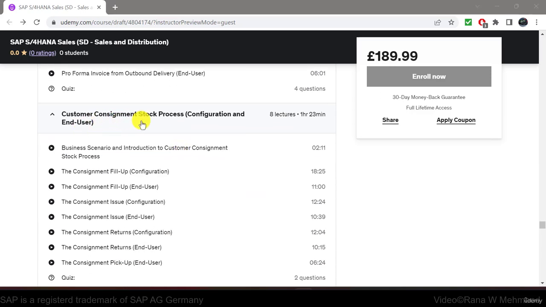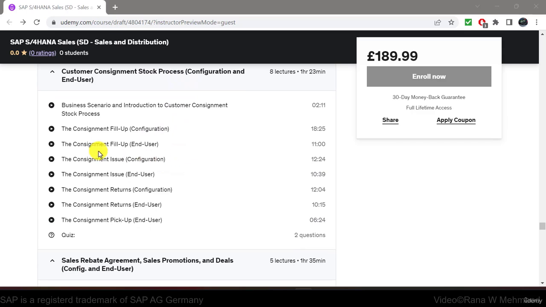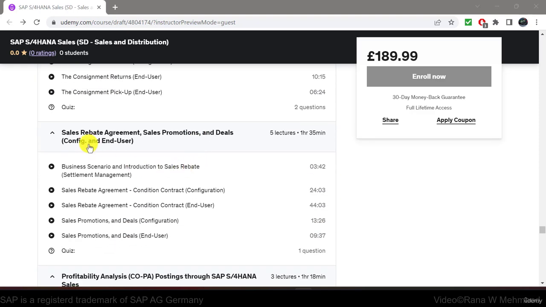Then I will demonstrate the customer consignment stock process along with its configuration and end user activities, and this covers consignment fill up, consignment issue, consignment returns, and consignment pickup. Then I will demonstrate the process of sales rebate agreement, sales promotions and deals along with their configuration and